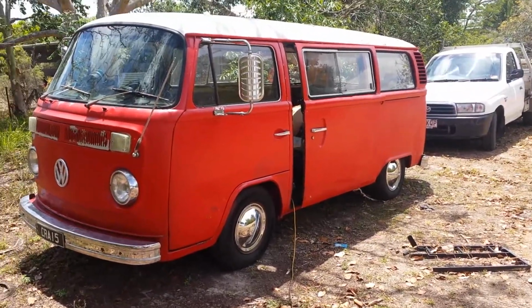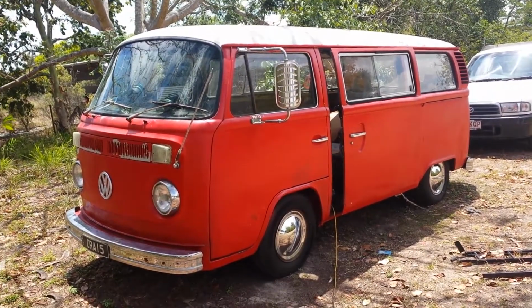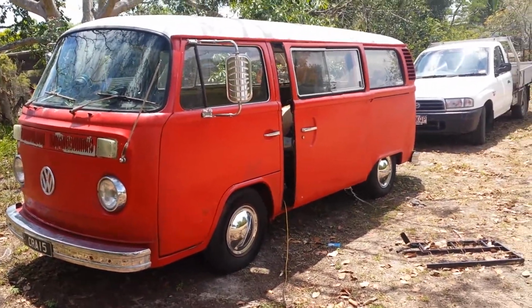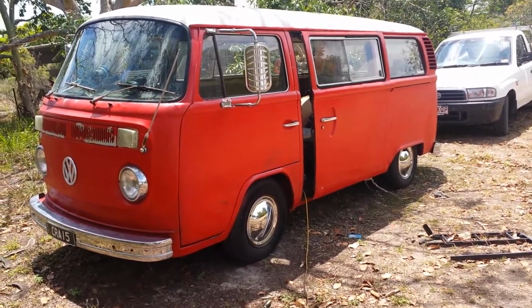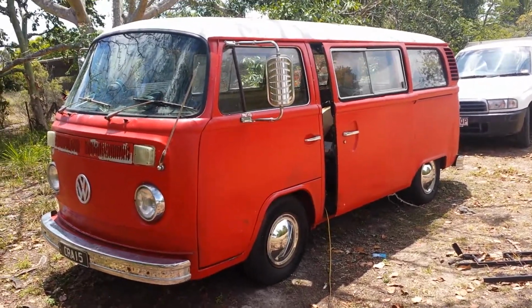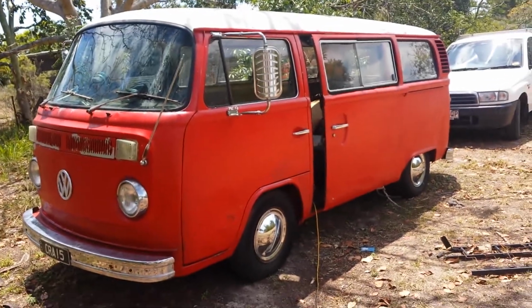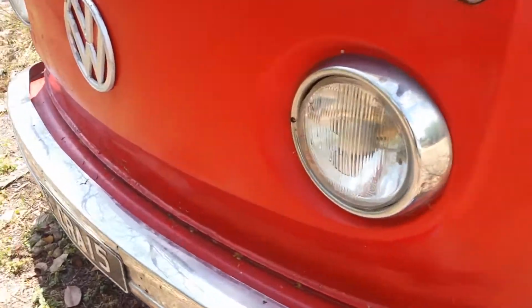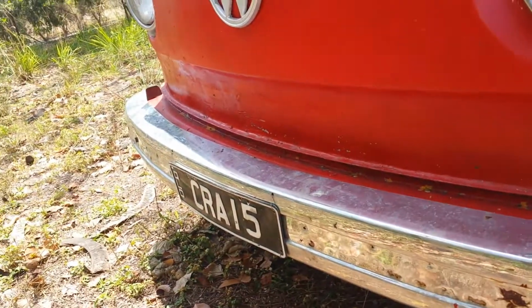This is the 1978 Volkswagen Kombi I've got for sale. It's not perfect, so I'll walk around and show you the various things that I think are wrong with it, because I want to be fairly honest about it. So here we go. Starting at the front, when I got it, this was all rotted out all across here,